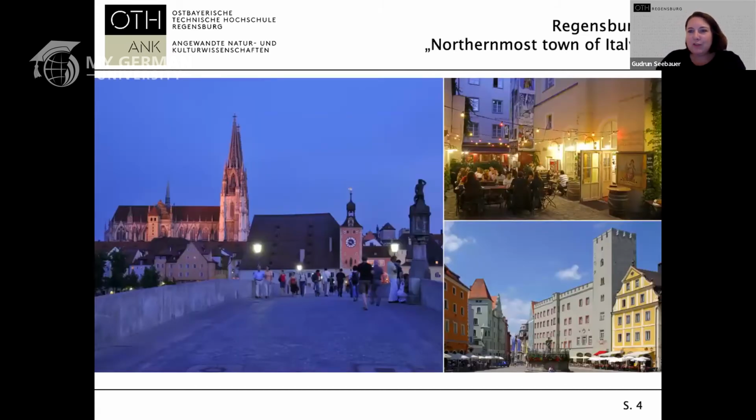Just to give you some impression, we have not only a large infrastructure in business, but we are also a World Heritage Site. Regensburg was founded by the Romans. You see here we also have some cultural sites, and I promise it's a really nice city. Not in November at the moment, it's very cold and foggy, but normally it's really nice here.